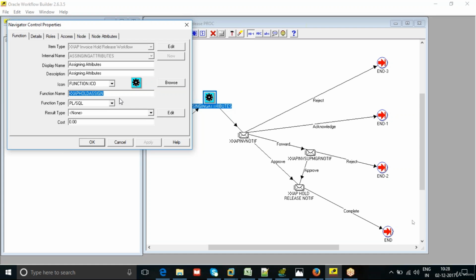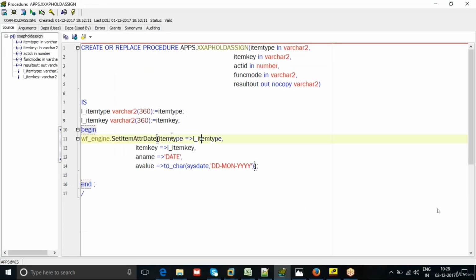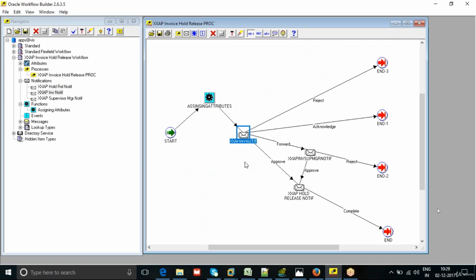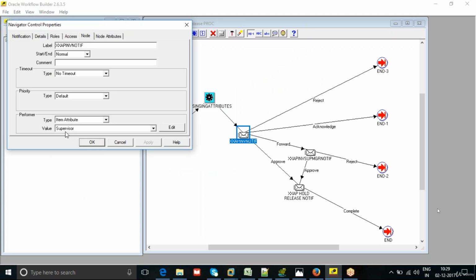Let us open this procedure once, paste F4, and you will see the definition which we have created. What we are doing here is setting the date attribute before the notification goes to the C Brown and operations. The role attached to this one is a supervisor